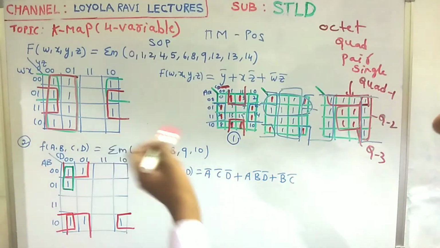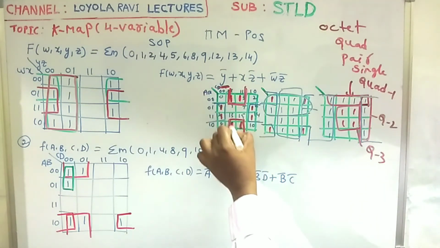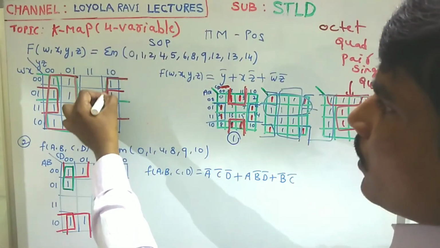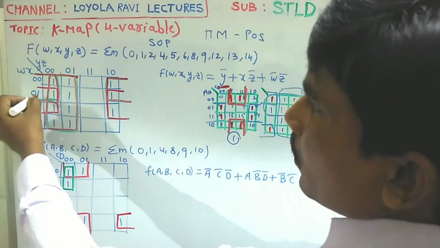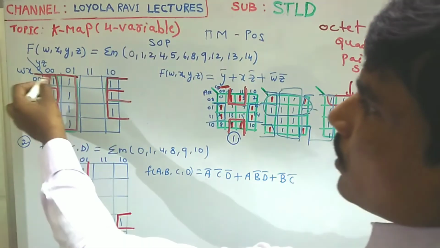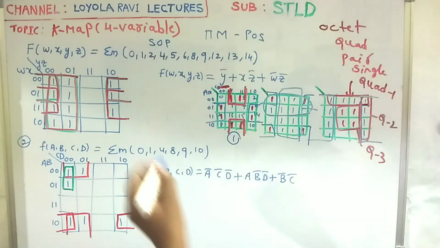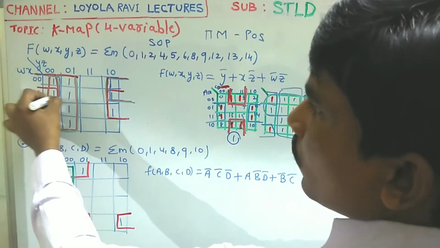Here, how are we going to form the quads? Just like opposite pairs also forming a quad, already we discussed. That's why let us take this one as one pair and this one as another pair. 2 opposite pairs are forming a quad. That's why I am taking these 2 ones and these 2 ones. Then we have to write the expression for these 2 ones as well as these 2 ones.